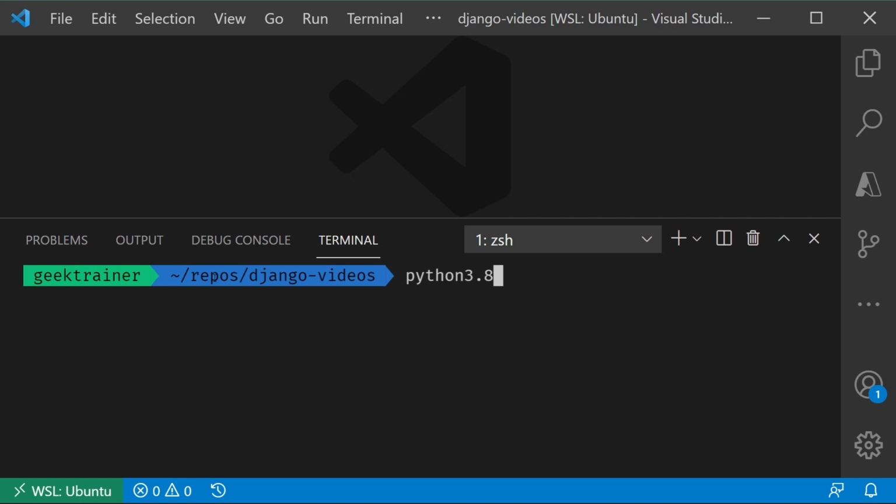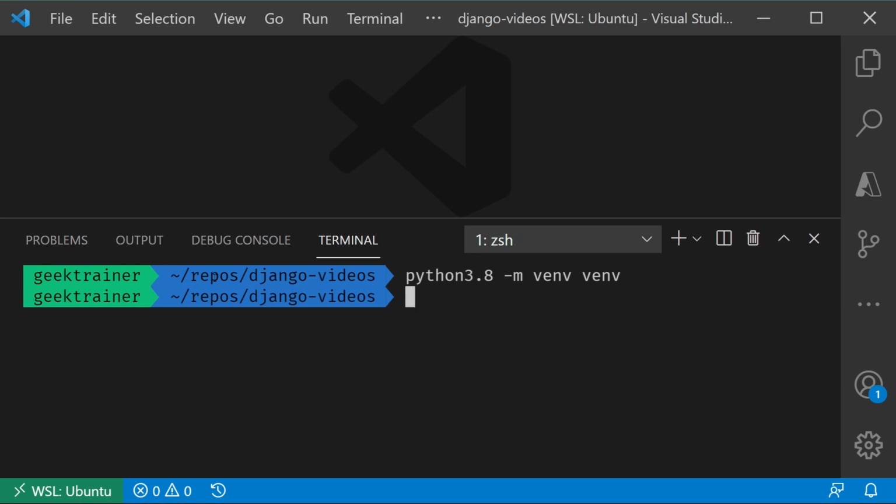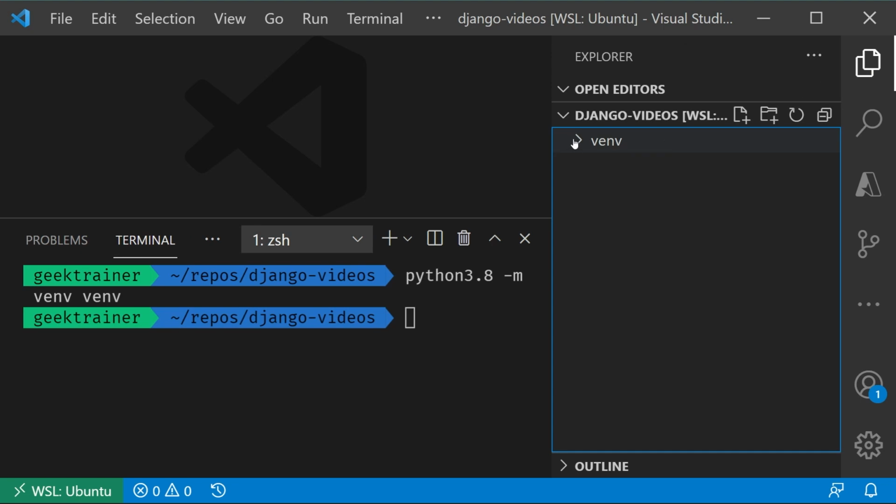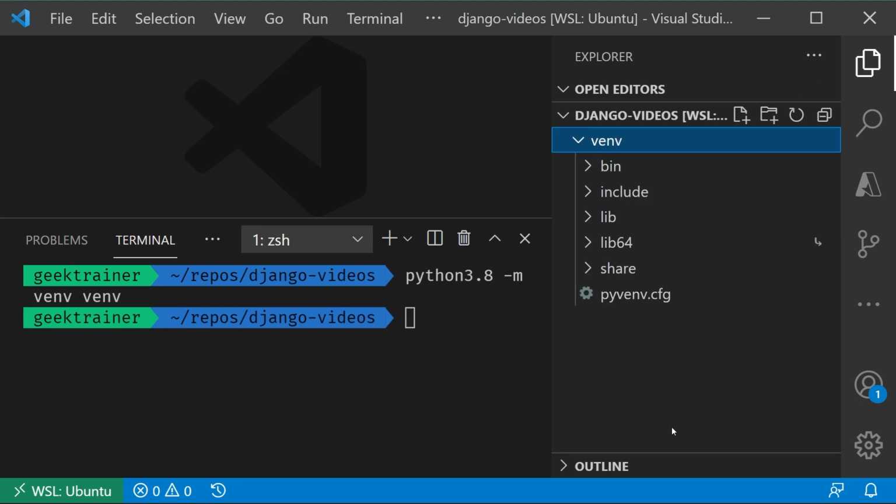So I'm going to run a module here, the virtual environment module, and I'm going to put my virtual environment into a folder called venv. And you can call that whatever it is that you want. A lot of people like to put a dot in front of it to make it hidden, or maybe just env or whatever it is. I like venv. That's just me. That's what I'm going to call that. And if you're not already familiar with virtual environments, what this will do is it will actually create a new folder where all of my libraries and my binaries and everything else are going to be stored to run my application.